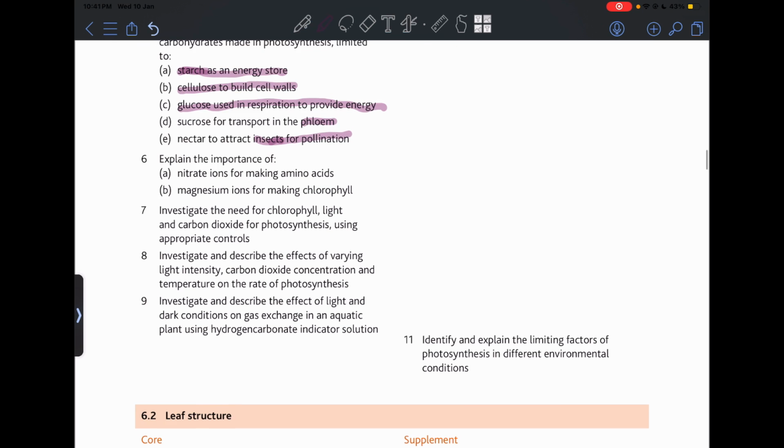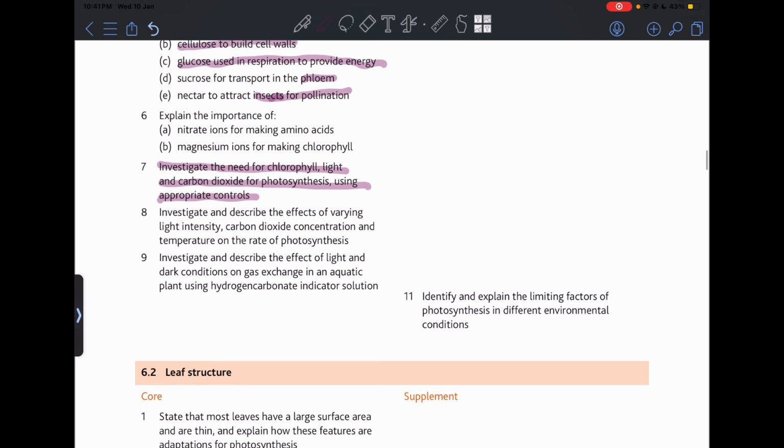Number 7 says, investigate the need for chlorophyll, light, and carbon dioxide for photosynthesis using appropriate controls. So you have to basically know that the plant needs chlorophyll, light, and carbon dioxide for making its food by photosynthesis. Number 8 says, investigate and describe the effects of varying light intensity, carbon dioxide concentrations, and temperature on the